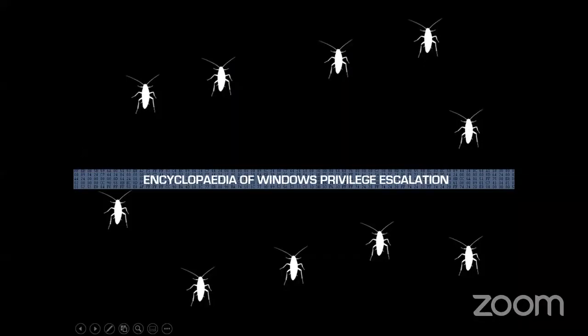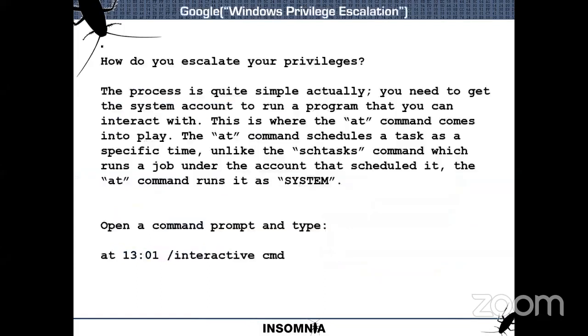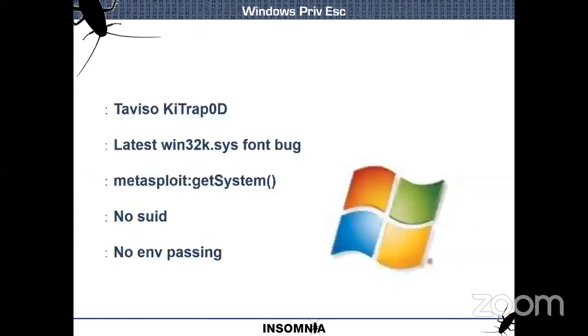So we will discuss Windows privilege escalation. What do we get in Windows land? You can find yourself a Travis or wait for the next Stuxnet release to be found.